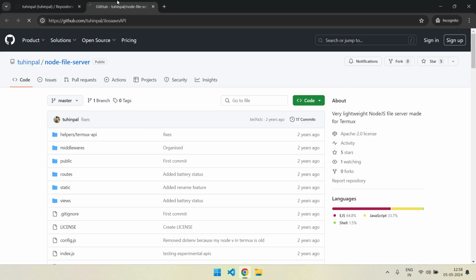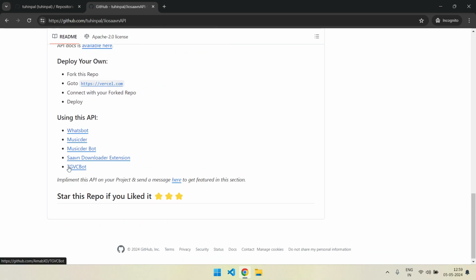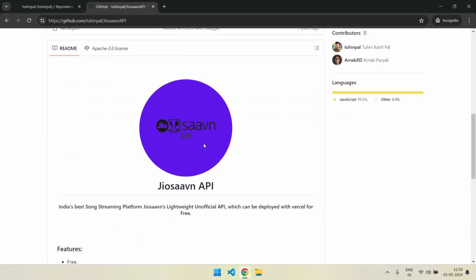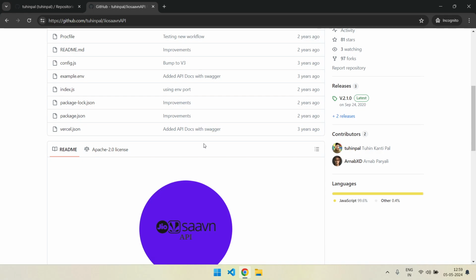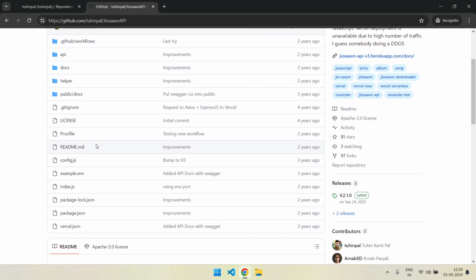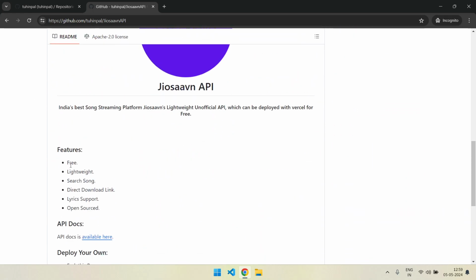Nice. Next, go to JioSaavn API. So Sumanjay created a JioSaavn API, right? Then I made music there. That project uses Python, and the deployment was very tricky, right? You need your server, you need Heroku, right? So that's why I just wrote the serverless stuff. There was a private person who ran it on a Cloudflare Worker, but this runs on Vercel. This runs on Vercel, and it gives you free search song, direct download link, lyrics, and it's open source.